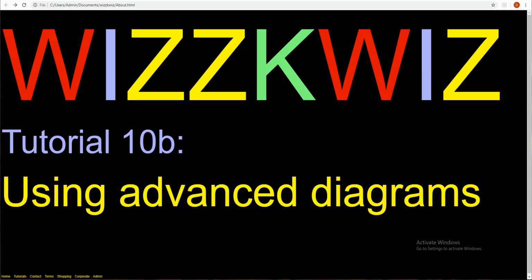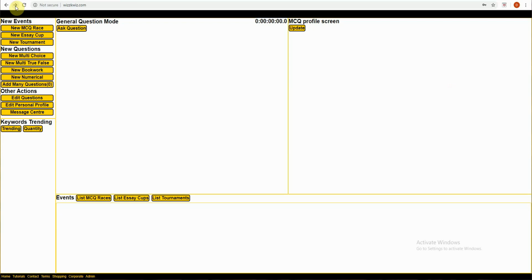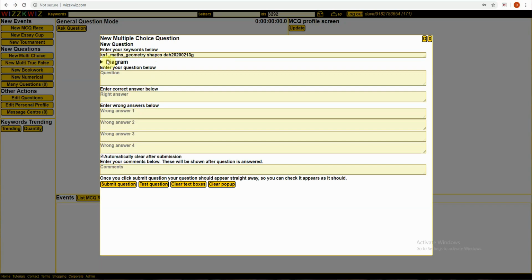Okay, so we're now going to look at more advanced graphics features we have in WIZZKWIZ. So go straight into it. I'm going to do a multiple choice question here where you get different options for what graph has been plotted. Okay, so this is going to be